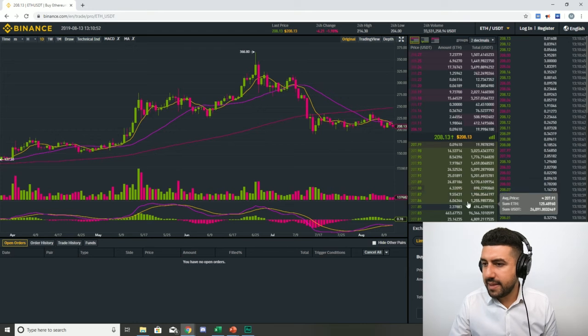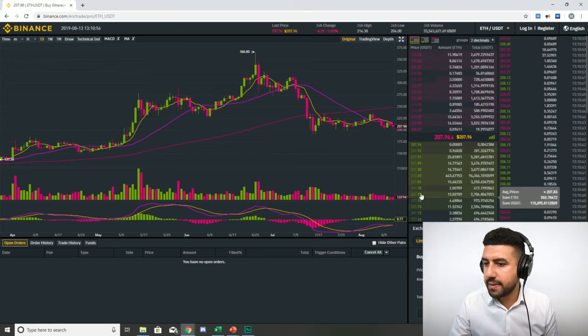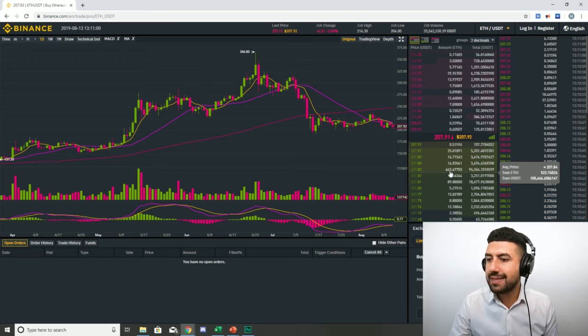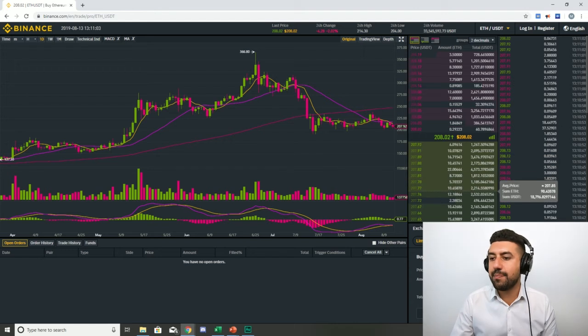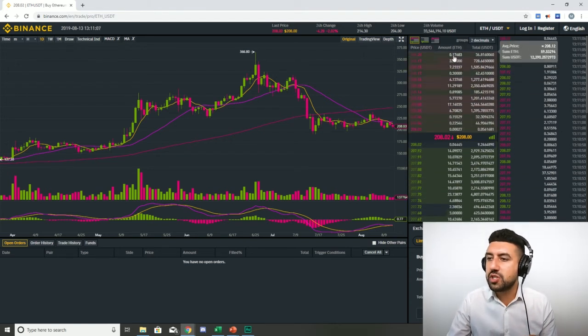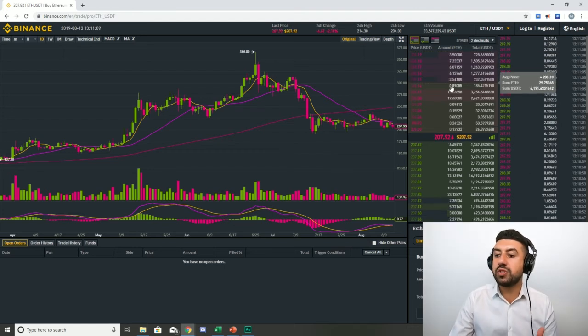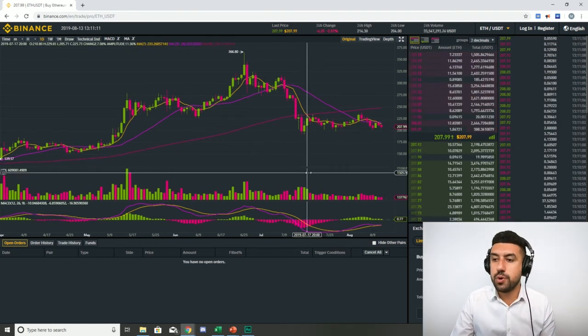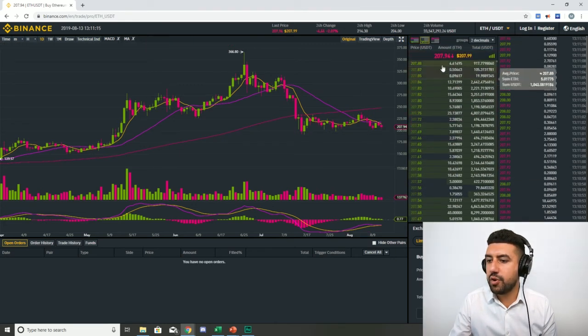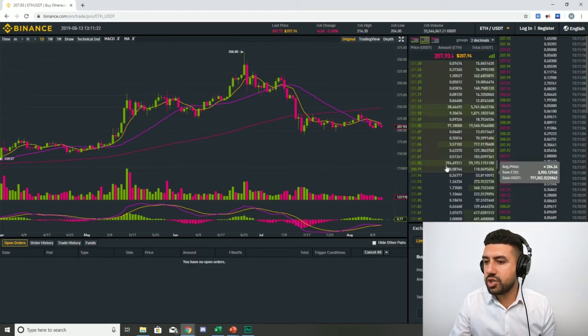And I can see here that some quantities are bigger. Somebody at 207.83 wants 463 Ethereum. So that's a bigger order, and it just moved. So you can see where there are small orders and big orders, and where there's going to be a lot of support and less support. Probably at 200 here, we're going to have some bigger buy orders at the 200 level, and you can scroll through them here.